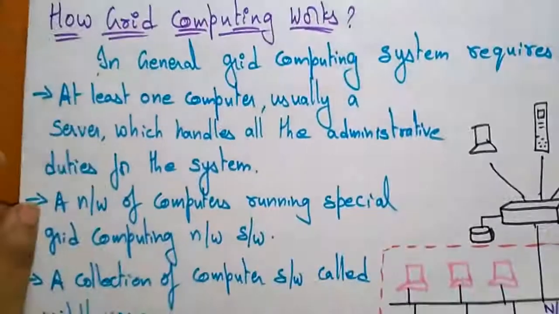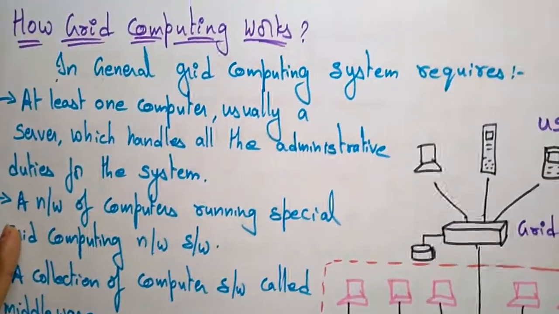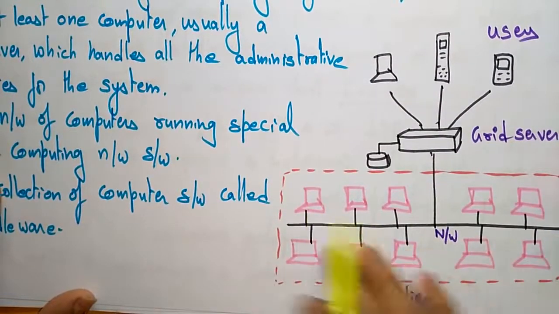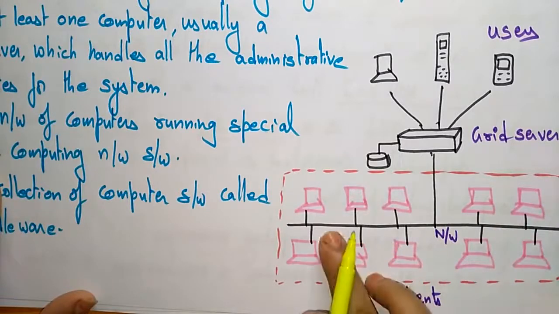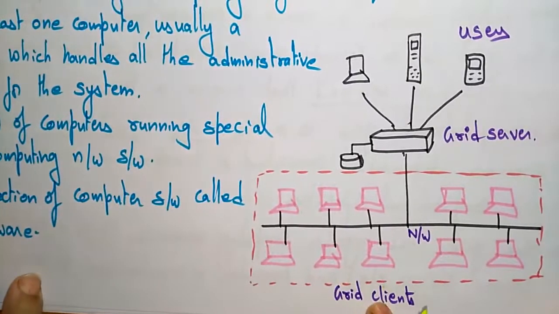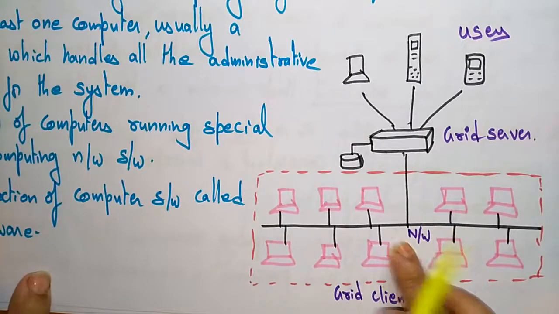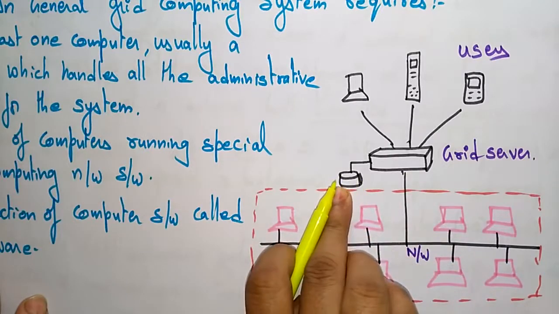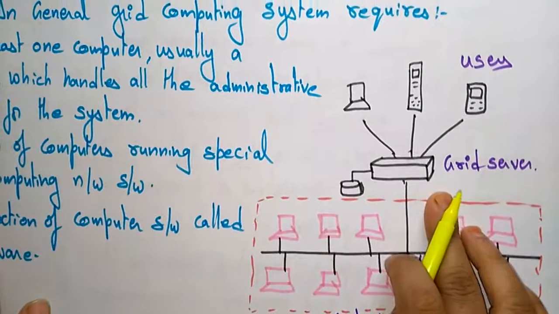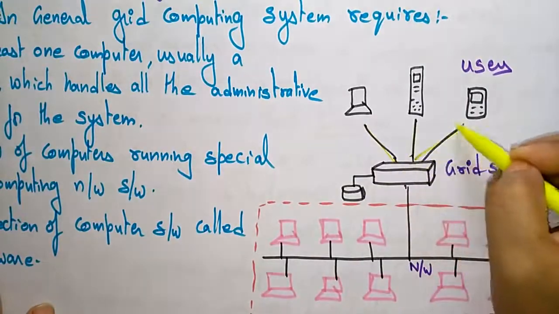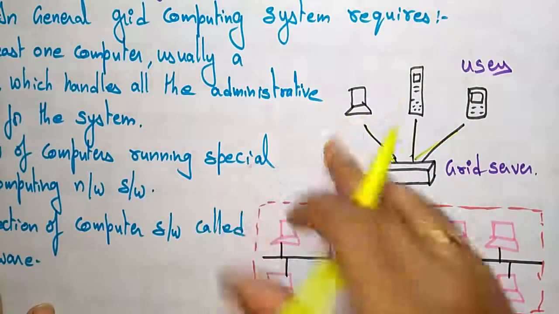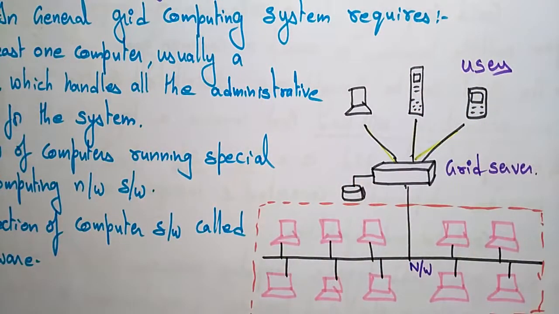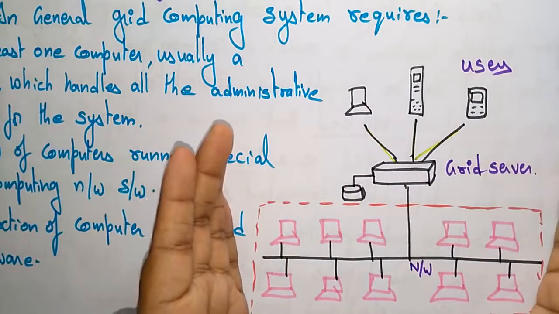Let's see how grid computing works. Here different grid clients are there, meaning different systems. All the systems are connected by using a network. The grid clients are all connected to the grid server. A server also has data storage, and with the help of the grid server, the data will be sent to different users. The person who is operating a mobile phone, a server or a personal desktop, anything, is a user. So this is a representation of grid computing.